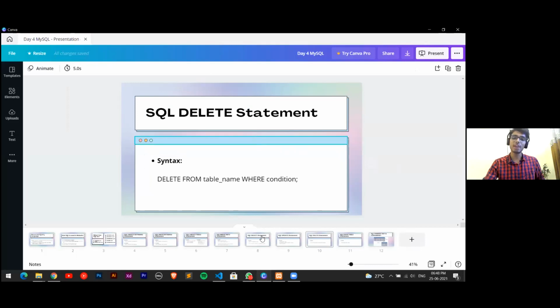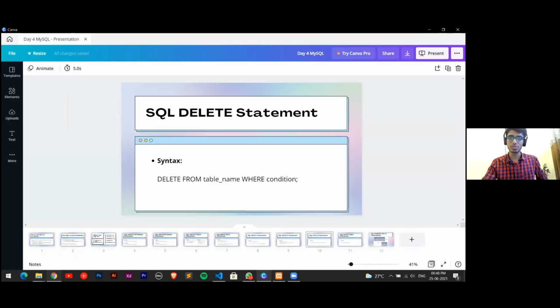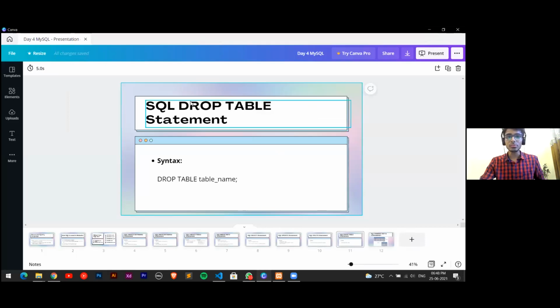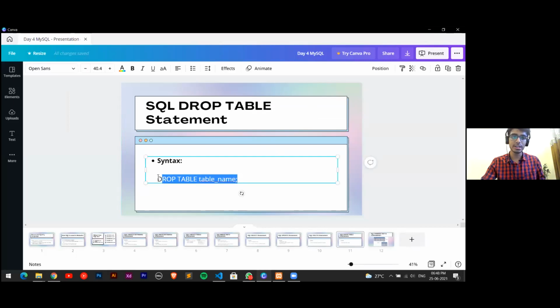So now what we have done is delete the row of that particular table. Sometimes you may want to delete the whole table itself, for any kind of change, or because we want a new structure for our table. For that we have the delete table option. Let me show you the syntax. This is the delete table query, wherein we just provide the table name.